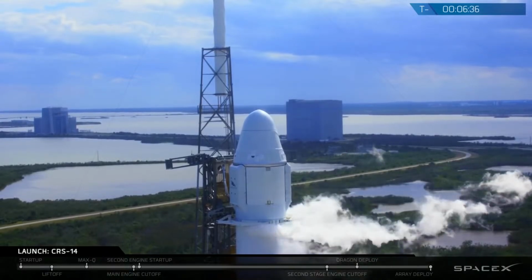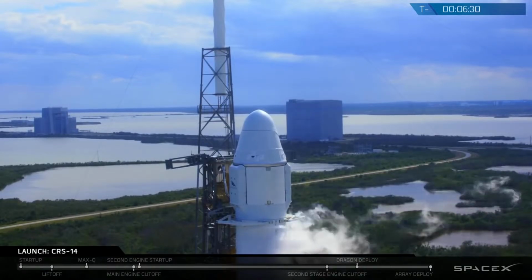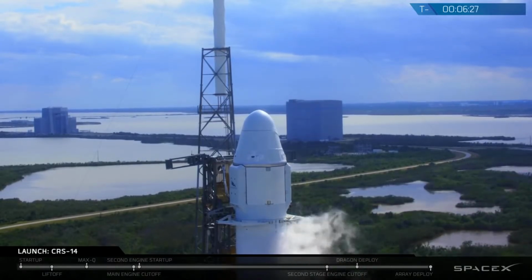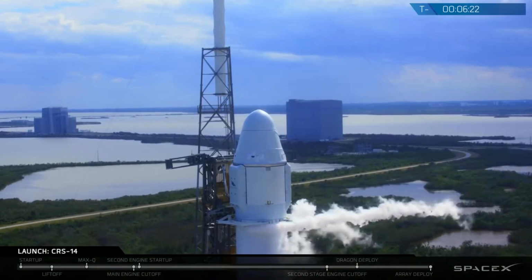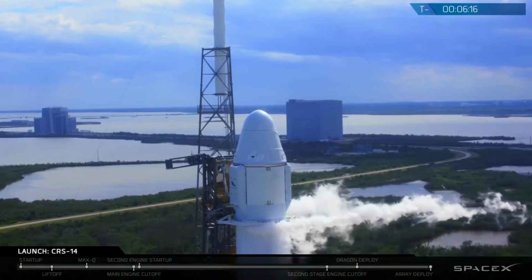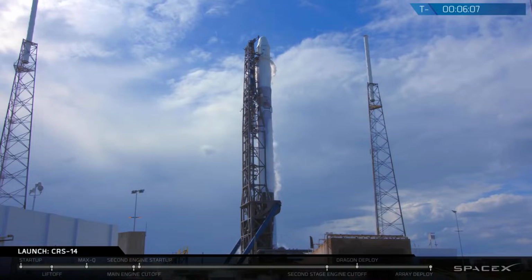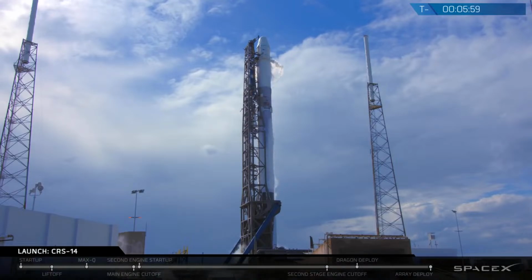11 years ago, Dragon was just a design on a piece of paper. But in 2010, SpaceX became the first private company to send a spacecraft to orbit and return it to Earth. Two years later, in 2012, soon after I started at SpaceX, a Dragon became the first privately developed spacecraft to visit the ISS. Since then, we've made a total of 13 trips to the space station, and we're under contract with NASA for a total of 20 cargo resupply missions. We are currently flying cargo to the space station, but ultimately, we will fly astronauts on crew missions, with our first crew demo mission